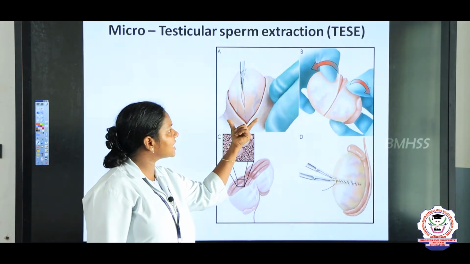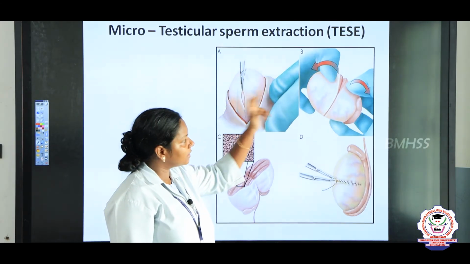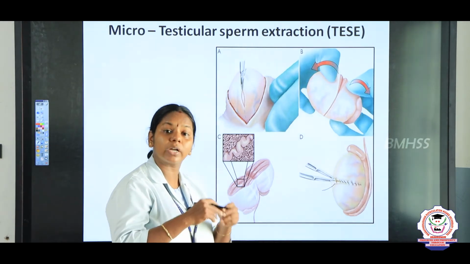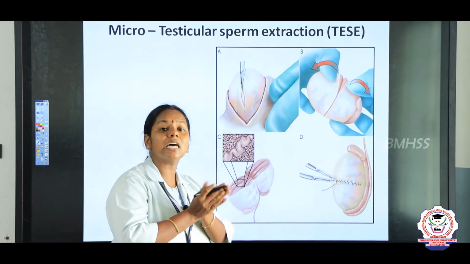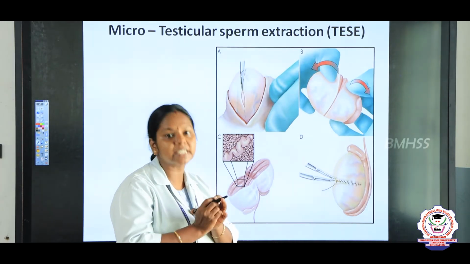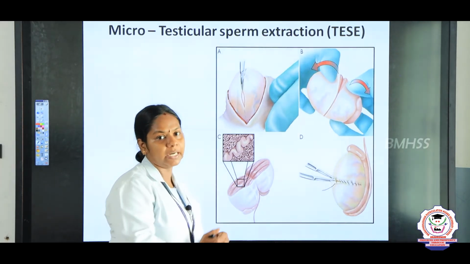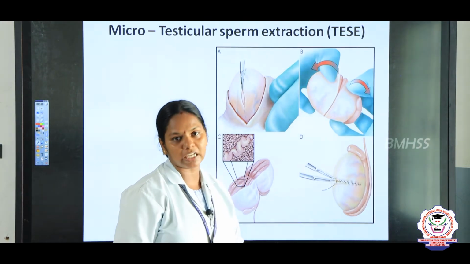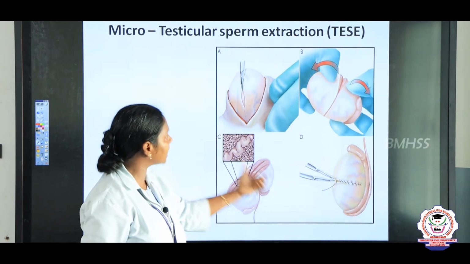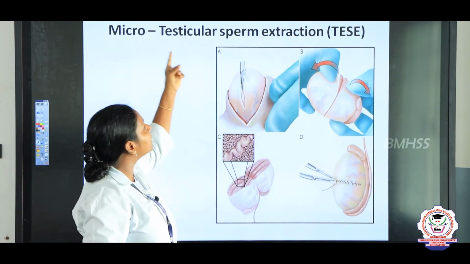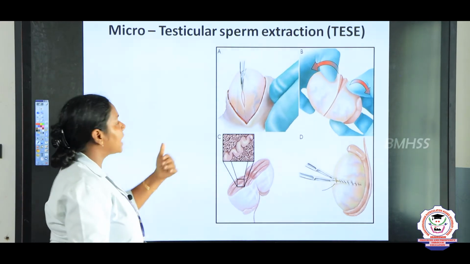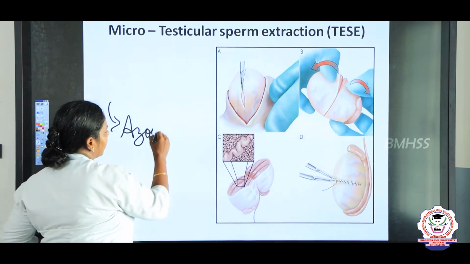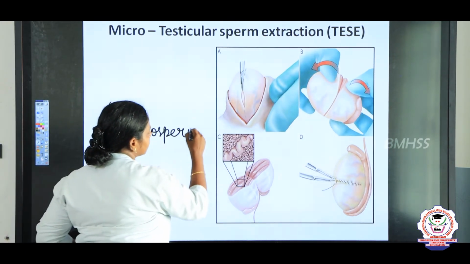A small incision is made in the testis, and the seminiferous tubules present inside the testicles are dilated, and the areas of effective sperm production are identified using the biopsy technique. From there the tissue is extracted and used for the culture of sperms. Such a technique we say is microtesticular sperm extraction, and it is used for a person suffering from azoospermia, that is, absence of sperm.